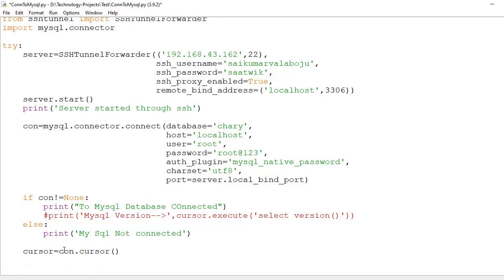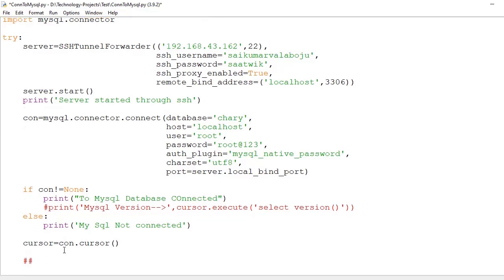After creating the cursor object, we need to execute the query using the cursor object. Once again, cursor dot execute, and directly here I am providing the query select star from student.